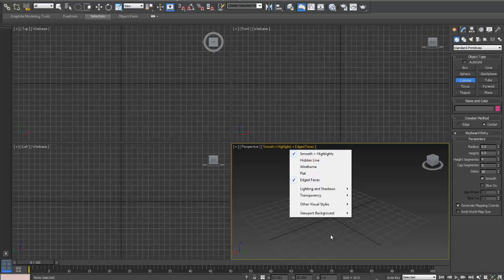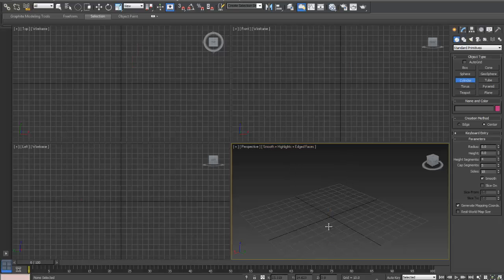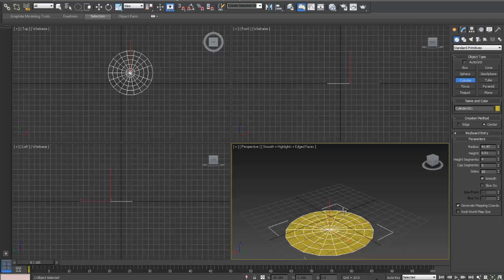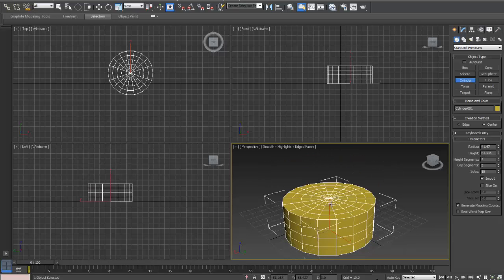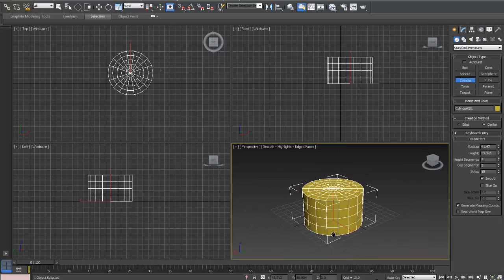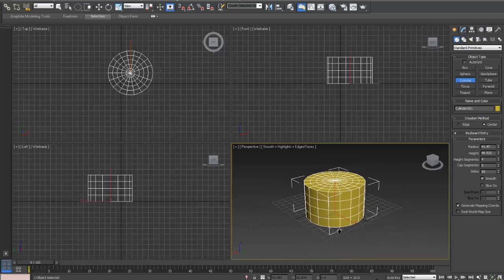that I'm creating. Okay, so click and drag out, holding your left mouse button down, the bottom or the radius of your cylinder. Let go of your left mouse button, drag it up, and when you're happy with the height, click. And that's how easy it is to create an object. Now,